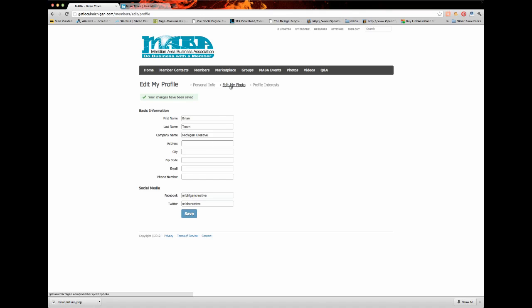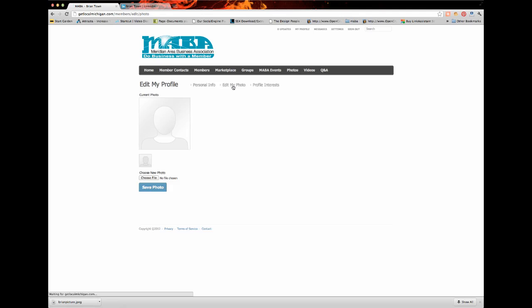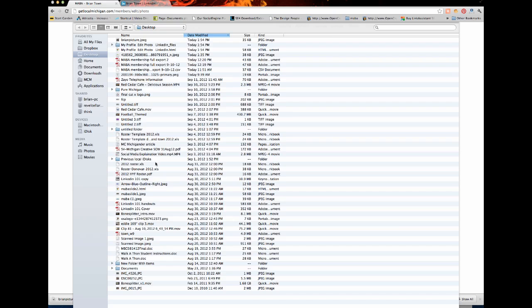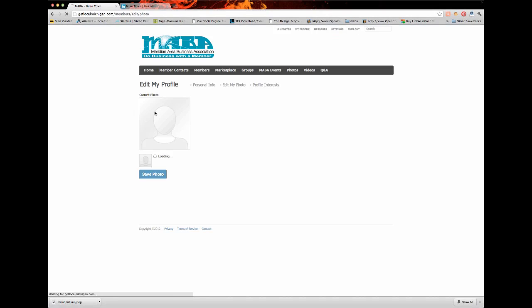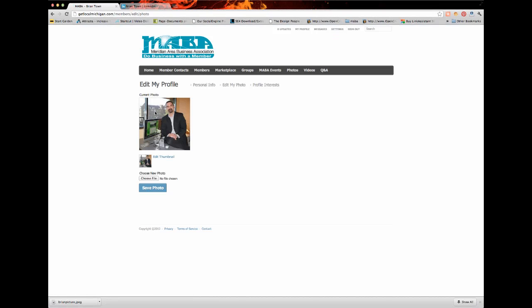Next thing I'm going to do is go to this one right here, which is edit my photo. And the edit my photo will allow me to do just that. And so what I'm going to do is hit choose photo. So I'll just hit choose file right here. It says choose new photo. And I'm just going to browse to my desktop, and there's a picture on my desktop called Brian Picture. Now so far we've loaded several pictures in there, and it doesn't seem really to matter what size or type that you put in there. And so most of them will work. You can edit the thumbnail so that you can make the thumbnail down here look different, but for the most part I think just about any picture is going to work. After I've uploaded the picture, I then need to hit save photo,